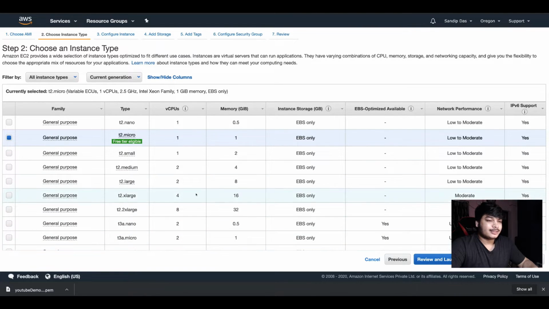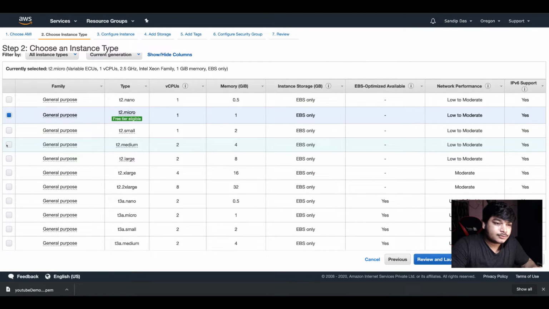Now you can select, again, see, don't just think that if you created an image from a particular instance, you only have those resources locked on. No, the data on the machine is locked on, but you can always select how many CPUs you want to add and how much memory you want to have. You can add that way. Okay.